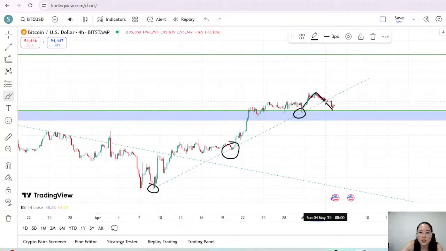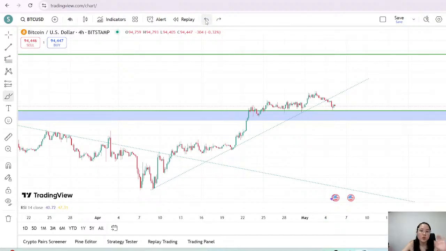Ideally, what we want to see is price coming here and then bouncing. Okay, but that's ideally. So the thing about trading is that it's never an ideal situation. You just need to gather as much information as you can when you are charting, and then you decide whether it's a buy or sell. I think overall on the long term, price is definitely up. I just need to look at it again to see what it is on the short term.